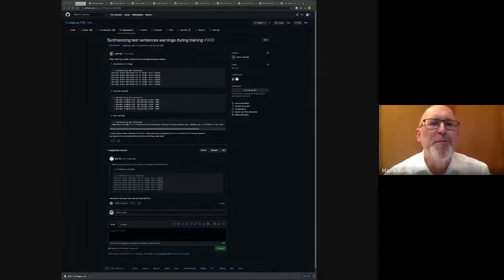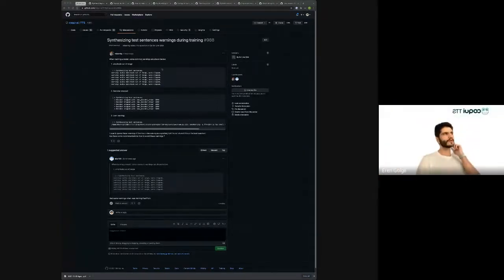Okay, so maybe it's better to go over the questions because there are some examples, so we can see what kind of warnings we are mentioning. Let's start with the first one then. When you synthesize the test sentences, you get these audio amplitude warnings, and then for decoders, you have the decoder length warnings. And then for synthesizing test sentences, there are some parameters. Okay, so the first two warnings are normal, especially at the early stages of training, because